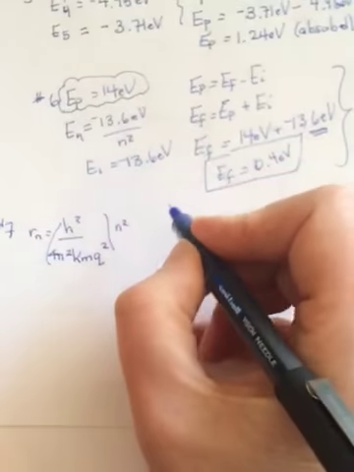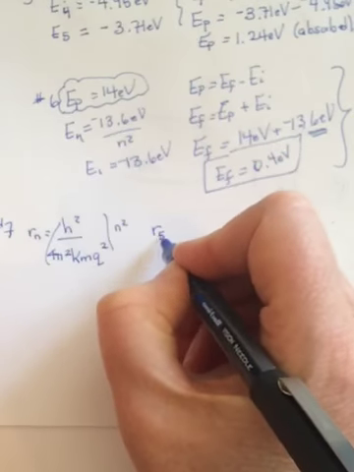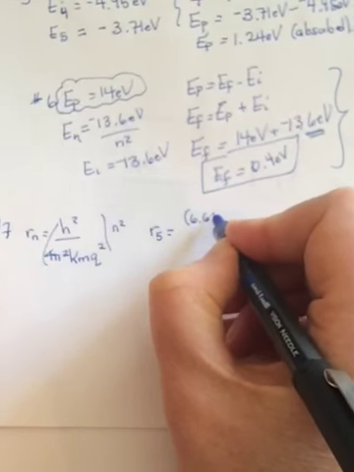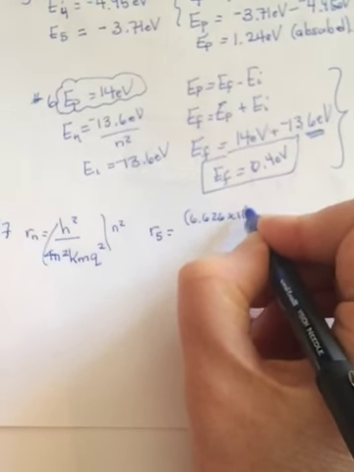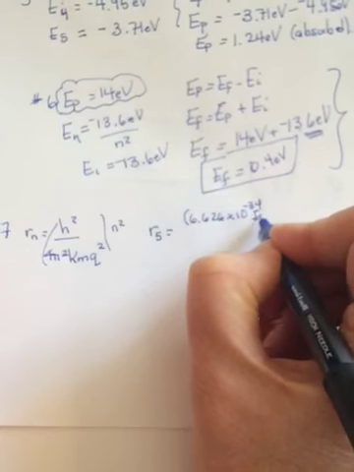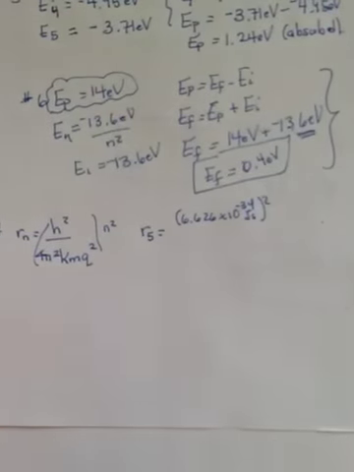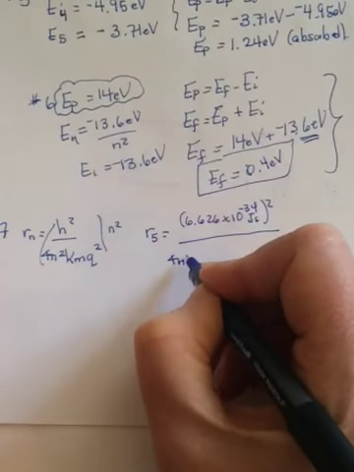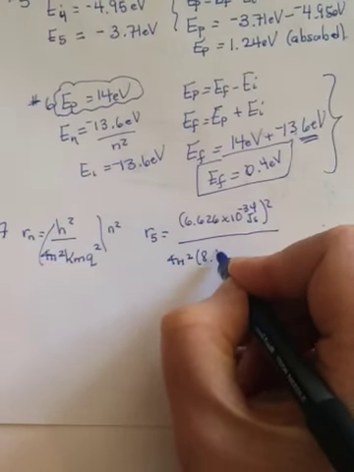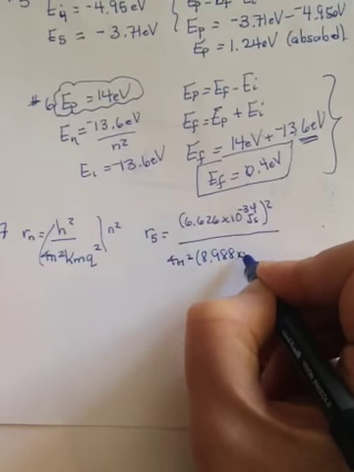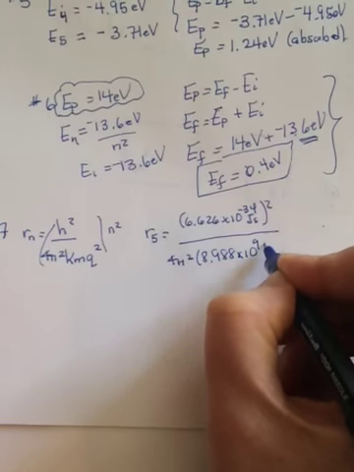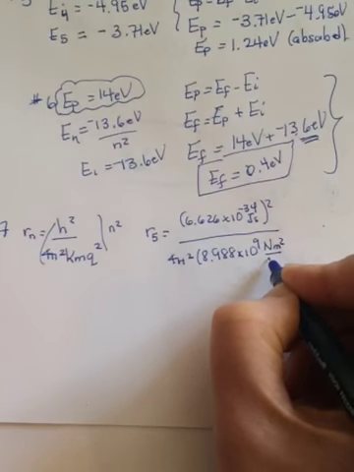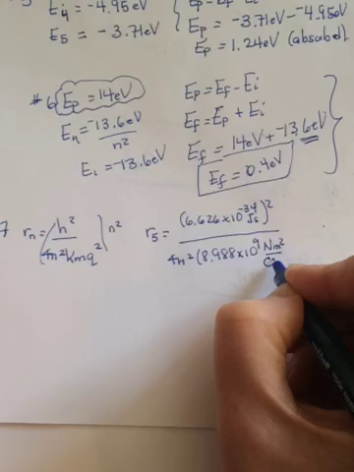My recommendation is, for E5, because it asks for 5, h is 6.626 times 10 to the negative 34 joule seconds, squared, divided by 4 pi squared k, 8.988 times 10 to the ninth newton meters squared per